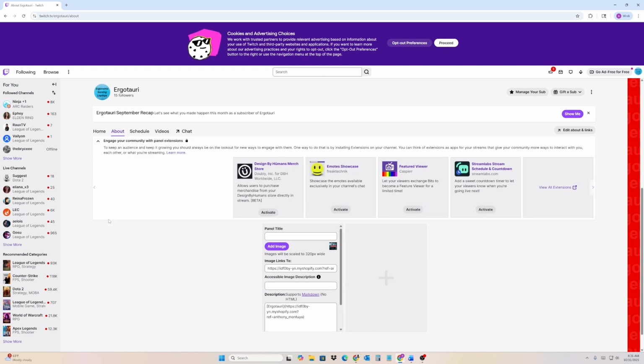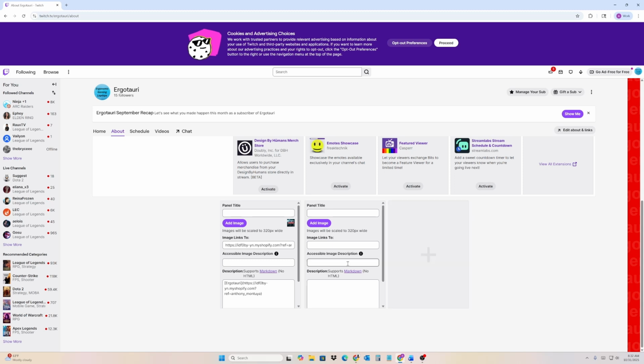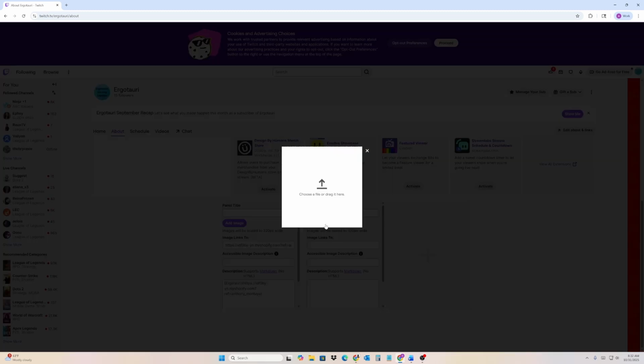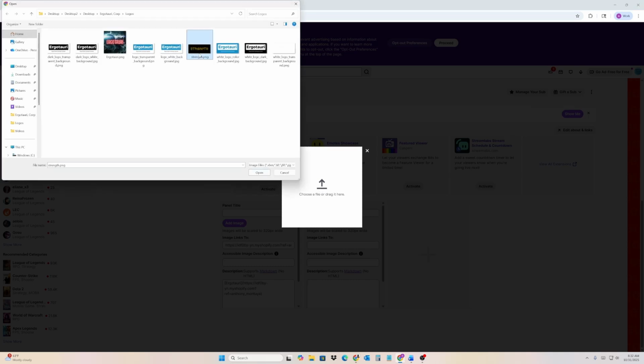So you click on Edit Panels, and then you'll get this plus button to create another panel. You click on the plus button, and you'll get this option, Add a Text or Image Panel. You click on Add Text or Image Panel, and first we'll create an image panel. So click on Add Image, and then you could choose a file or drag it there. We'll go ahead and choose a file,